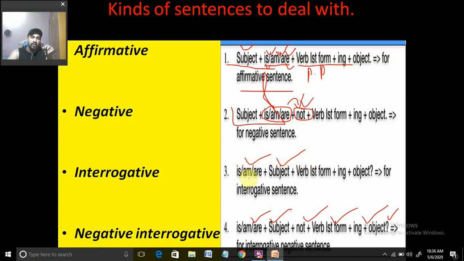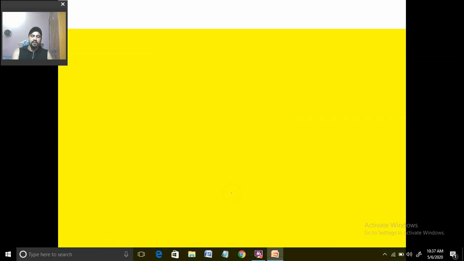But if you want to ask for a reason, place, or something like that, we need to use the wh word before the helping verb. Wh word would be placed before the helping verb in any of the case when we want to ask a question for what, where, why, and how. Simply you have to apply the wh word before, then rest of the thing would remain the same. Then I think everything would be clear. Then comes